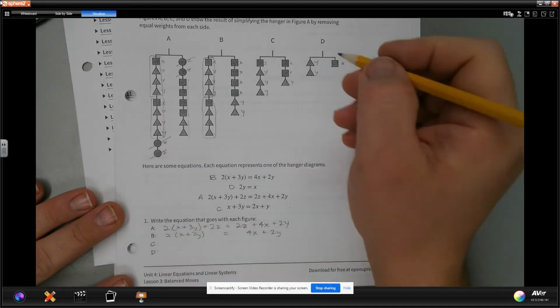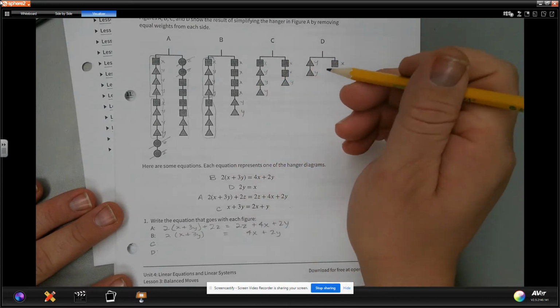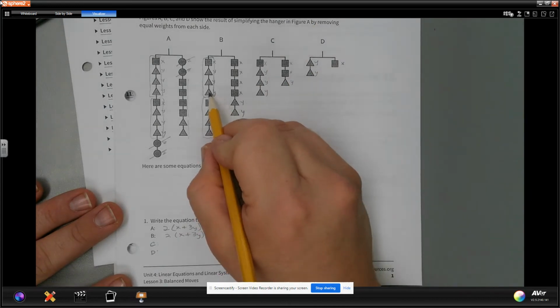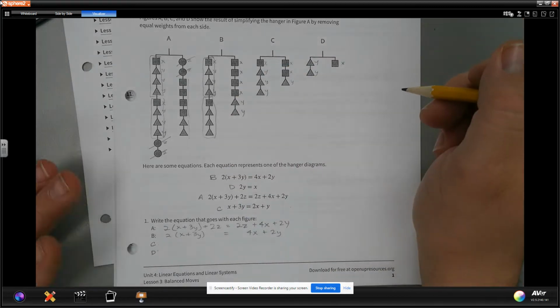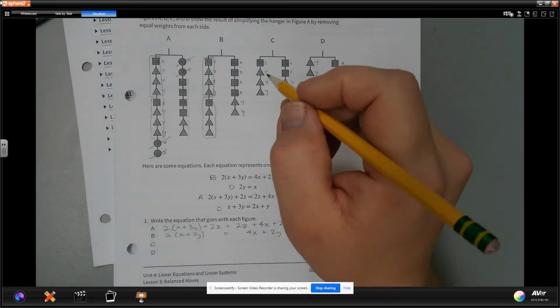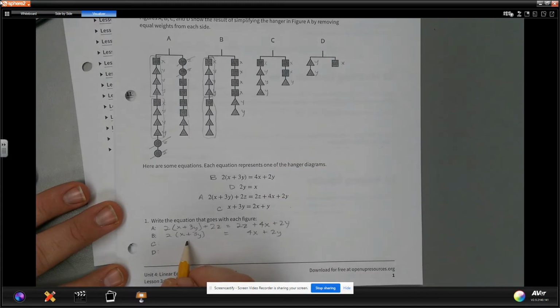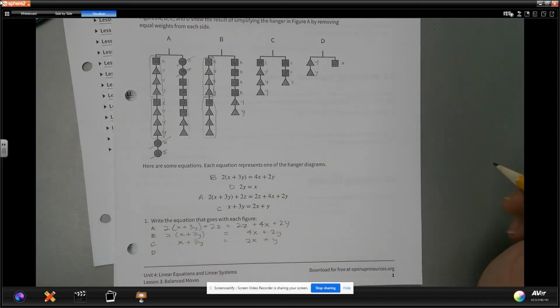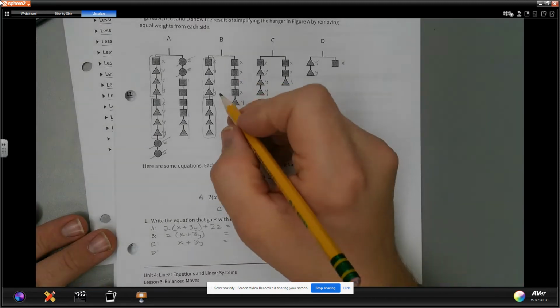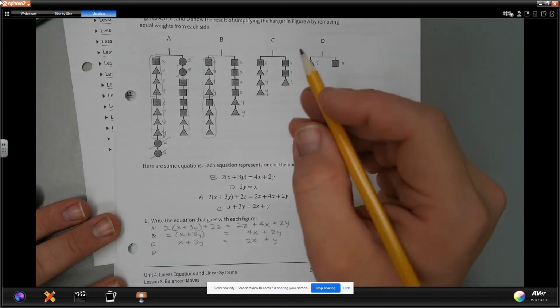In letter C, we can look at what has been removed. Well, from C, what we can see on this one over here is something just a little bit different. Let's go ahead and write it so we can see what it looks like. We have x plus 3 times y is equal to 2 times x plus y. Now, if we look at what has been removed here, we start looking at the triangles and the squares, and we see that